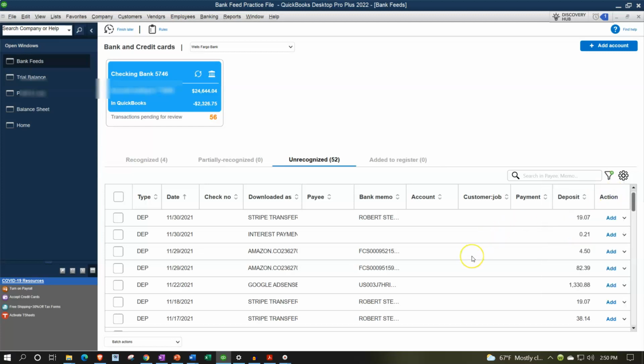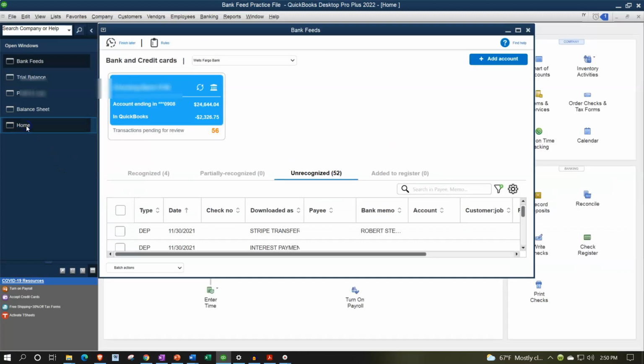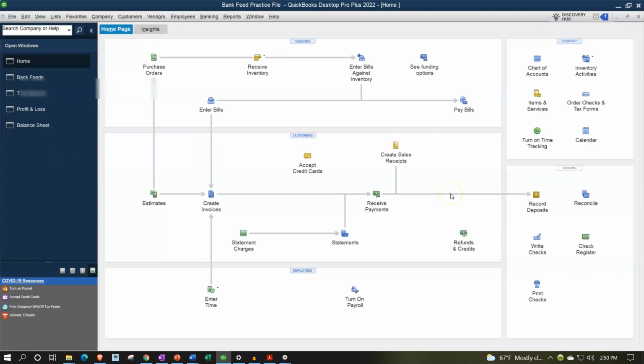First, we're going to consider those types of deposits which are going to be the easiest to construct financial statements just simply from the bank feeds on the deposit side. We discussed these when we first thought about implementing the bank feeds into our accounting process, but let's do a quick recap of it. If I go to the home page,